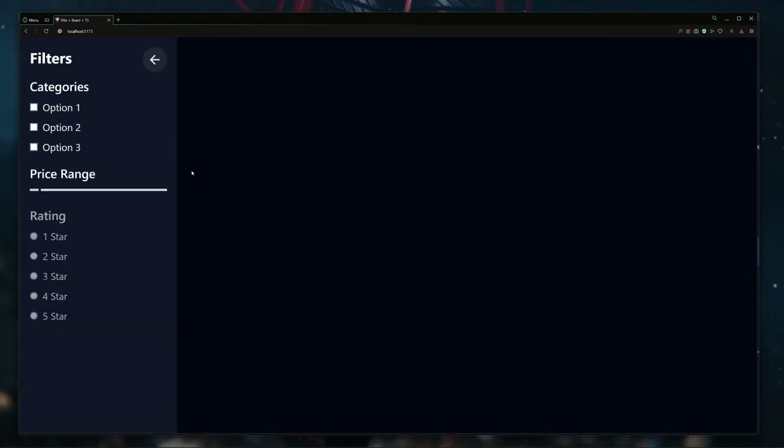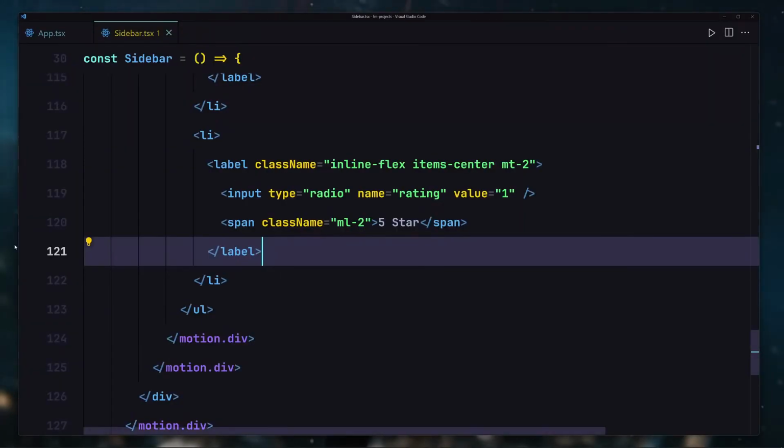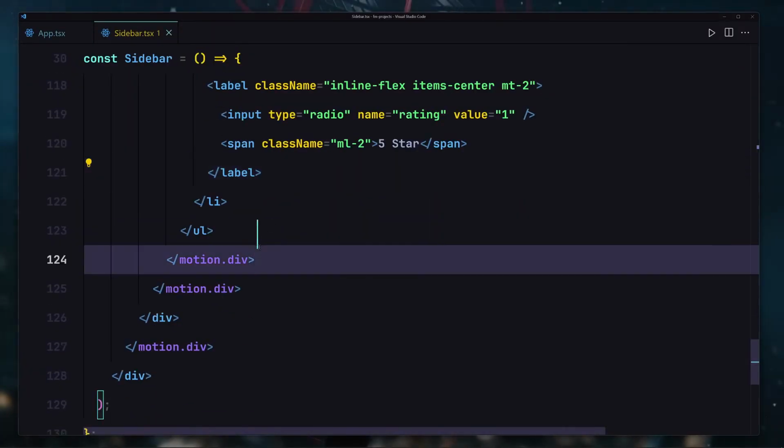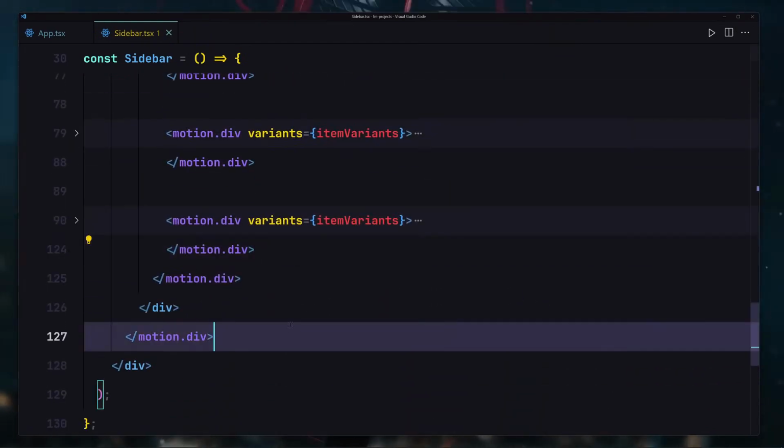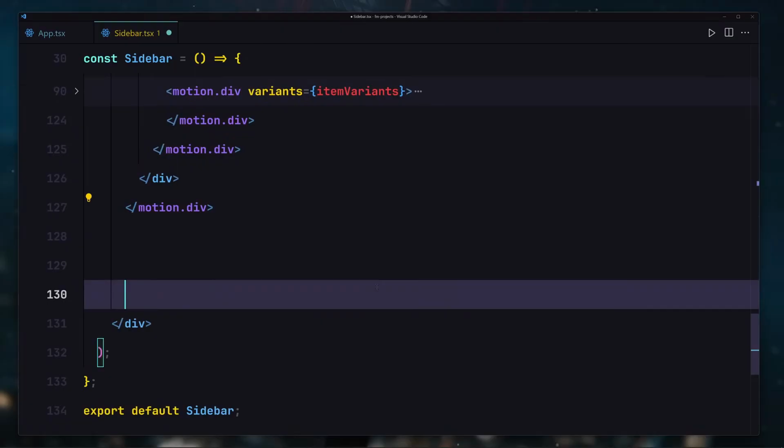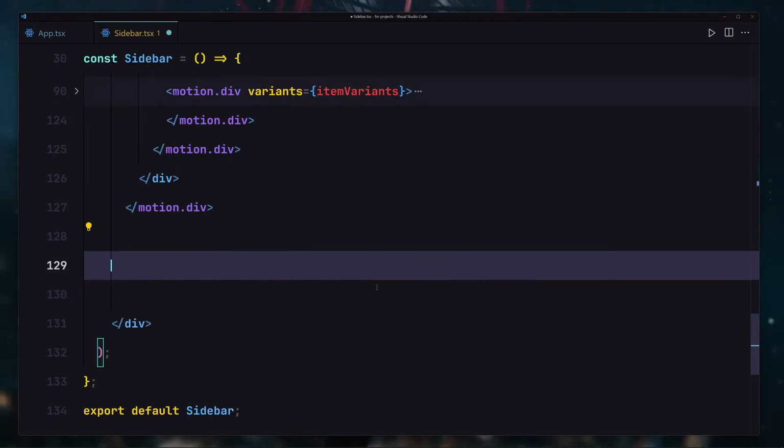If I just refresh there, we are now getting this amazing looking UI and also the animation. So if I just refresh there once again, yeah, you will see that in a few seconds. So now underneath this div, I'm gonna collapse this div right here. Underneath this div, we are going to be defining our button, which will allow us to hide or show that